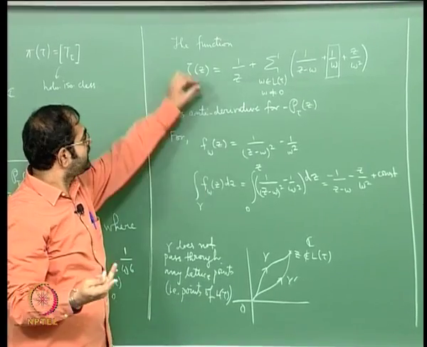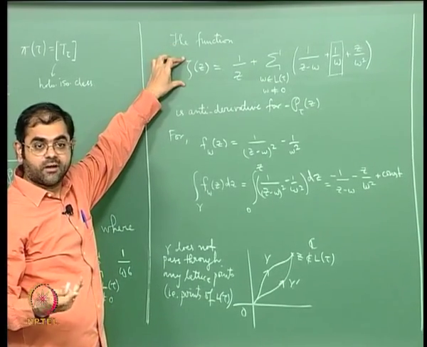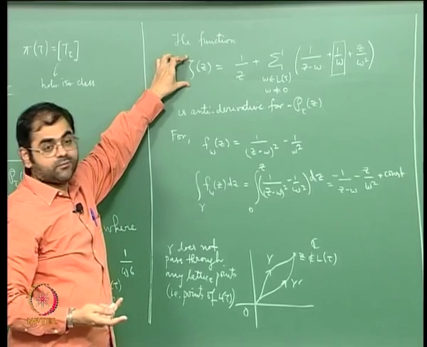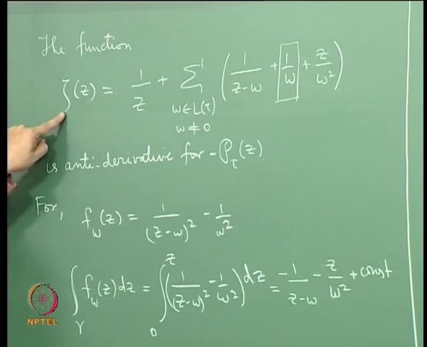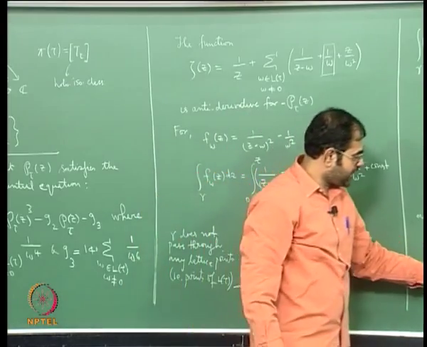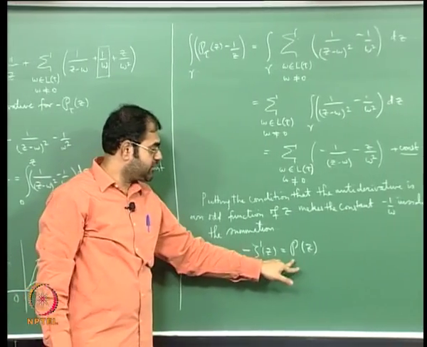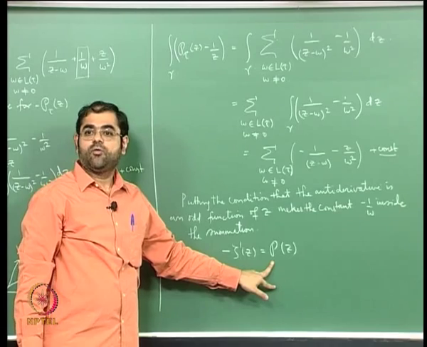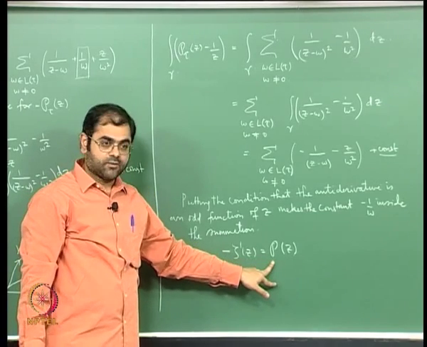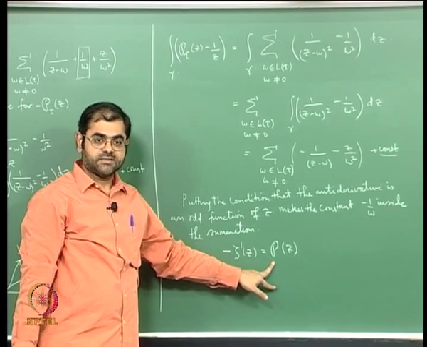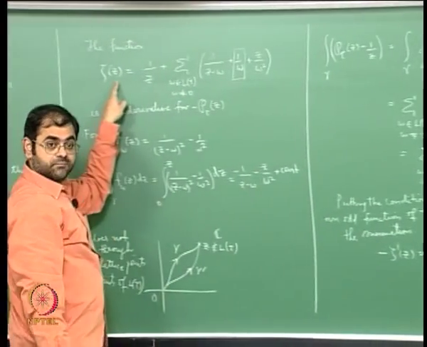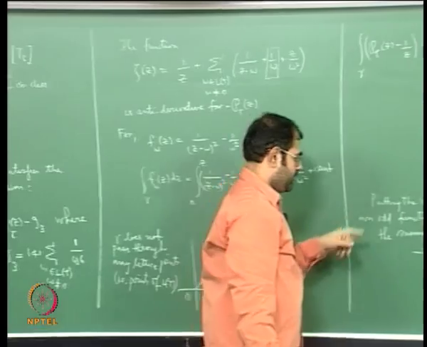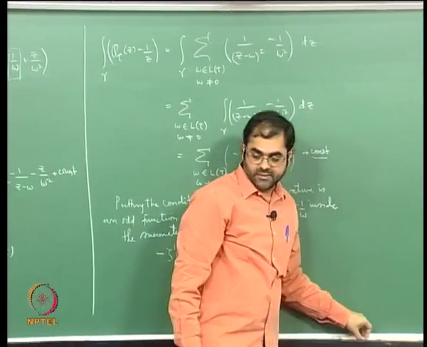Okay, so therefore, to put it all together, it is easy to write down the Laurent expansion for zeta at the origin. Once you know that, and once you know that the negative derivative of zeta is actually the phi function, you can get hold of the Laurent expansion for phi at the origin. Okay, so this is the reason for having introduced this function. All right, so let's try to get the Laurent expansions.